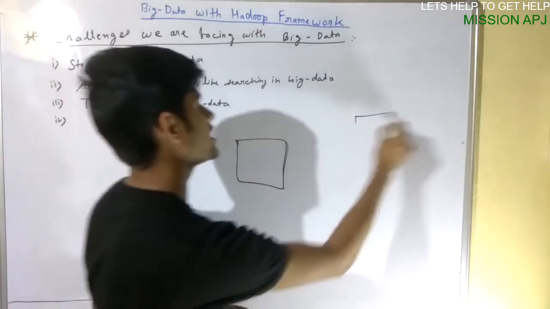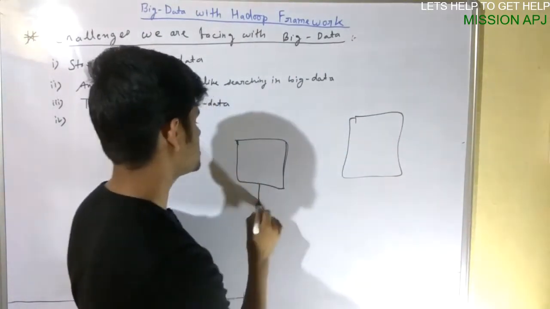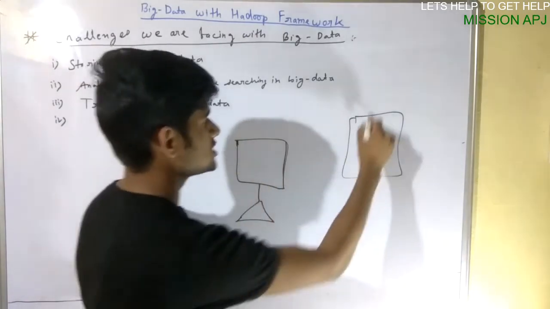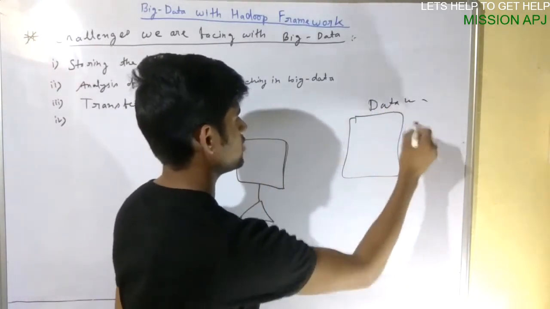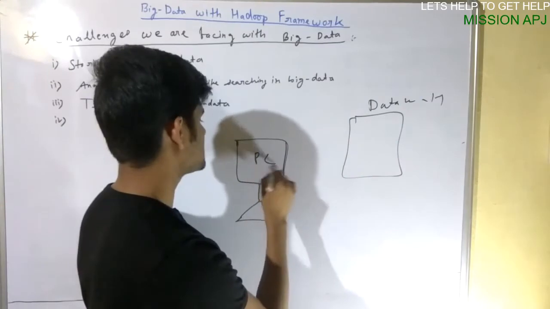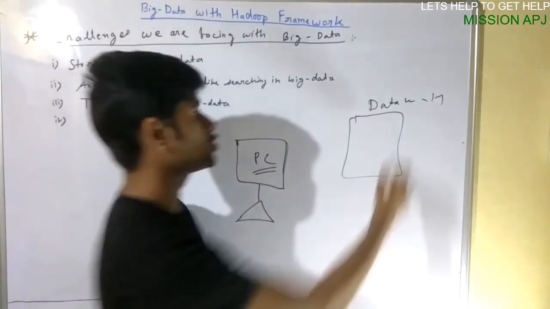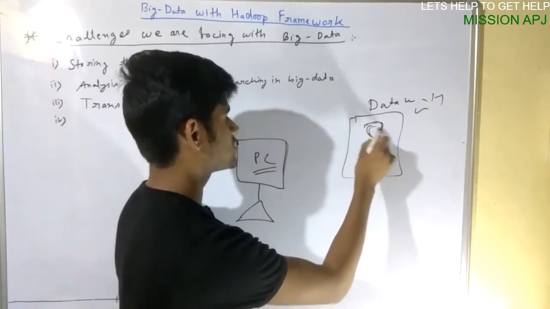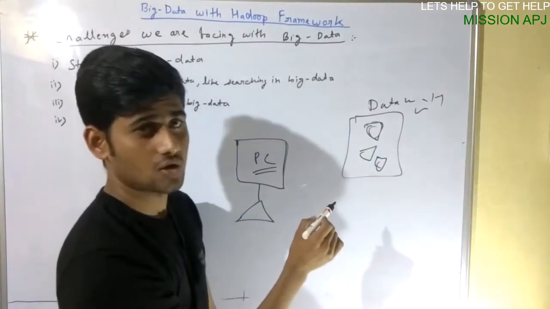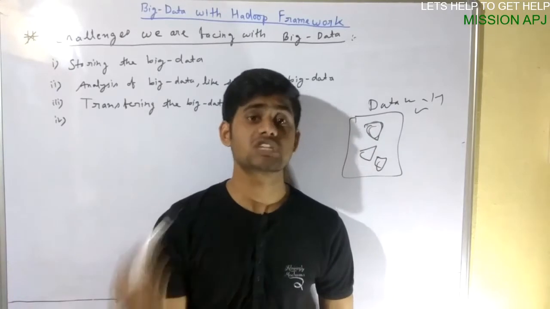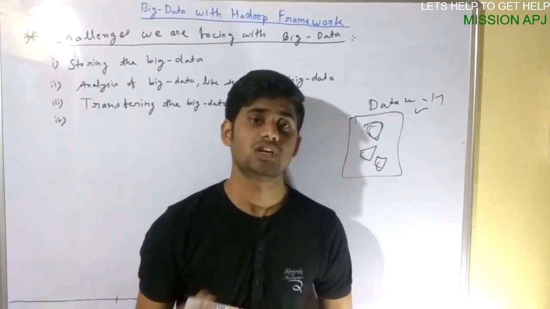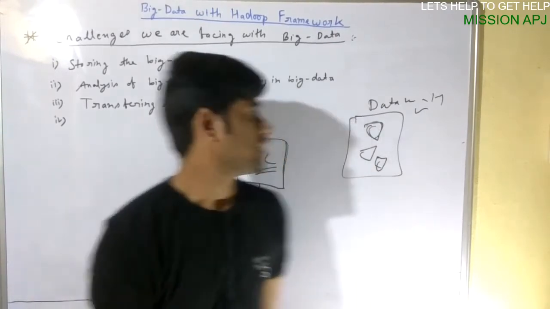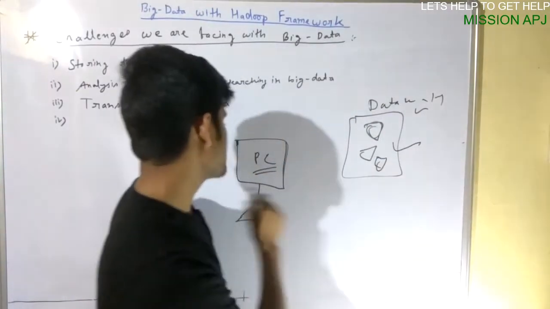So there is a data warehouse here, and here is your local machine where you work. So this is the data warehouse, and this is your PC. Fine. Now there is a lot of data you are storing, and you want to process that much data. What we know is that to process the data, it must exist on the local machine. So the data is somewhere else and your machine is here.